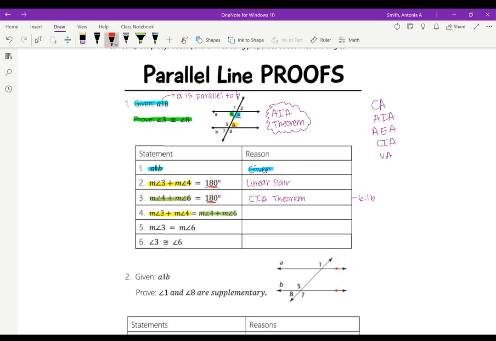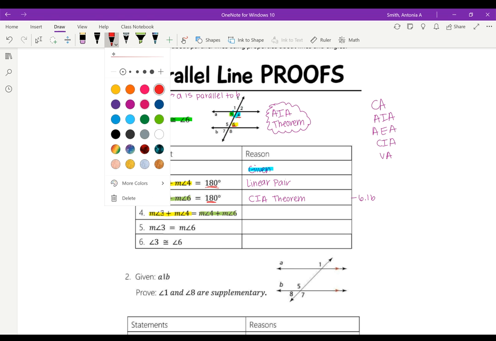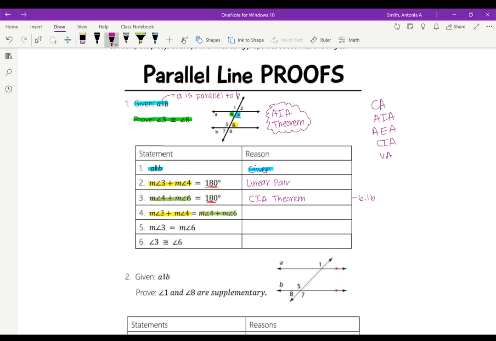Okay, so this is going back to a property that you learned when you talked about geometric proofs last time, that if you have two things that equal the same thing, then they must be equal to each other. Okay, I'll write that here. That's the transitive property. Okay, the transitive property says that if A equals B and B equals C,